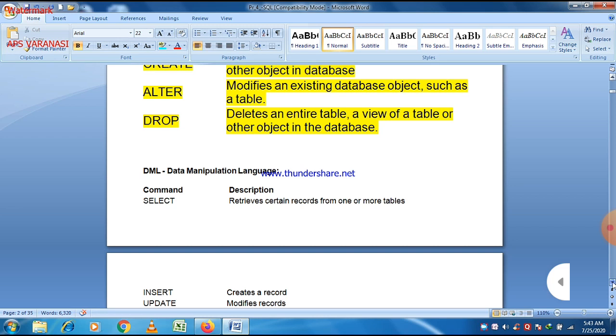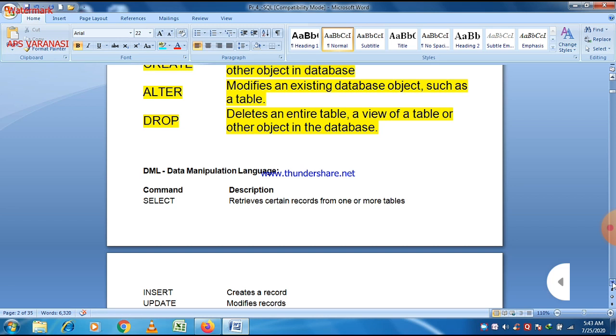And there are only three commands, and almost all the other commands are part of data manipulation language. In this case, the delete command is a part of data manipulation language, because it is used to manipulate the data. When we use the delete command, all data can be deleted. This is a type of manipulation, or we can say that we manipulate the data. So the delete command is a data manipulation language command.